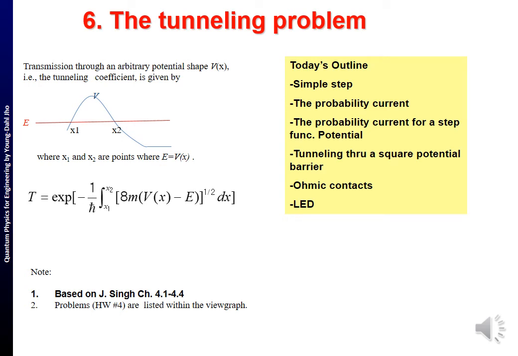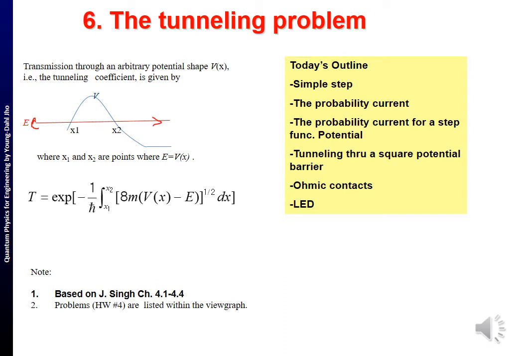Today we'll discuss the tunneling problem. Let me use the pen. Transmission through an arbitrary potential shape V(x), as shown here by the blue line. Let's say it could be any arbitrary potential shape. Then we have, for example, an electron here at the energy indicated by the red line, and we consider the tunneling of the electron